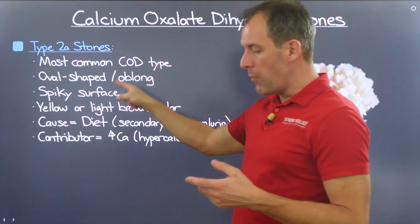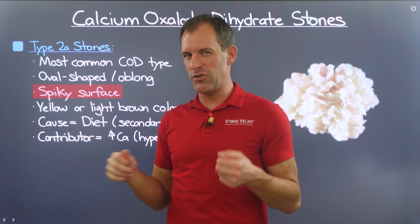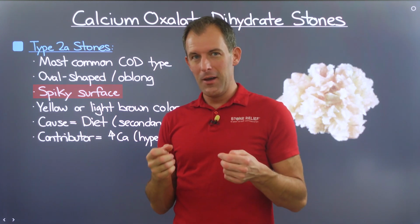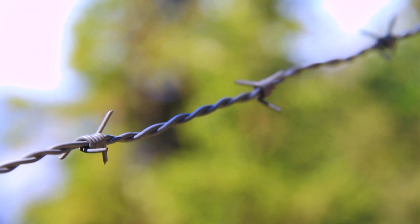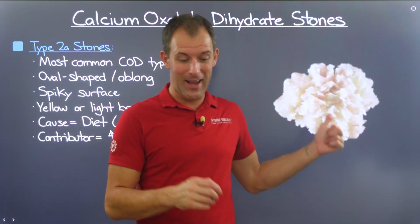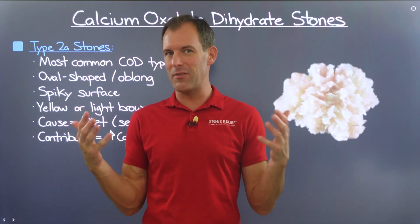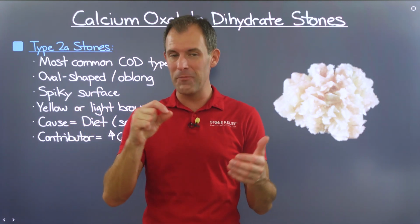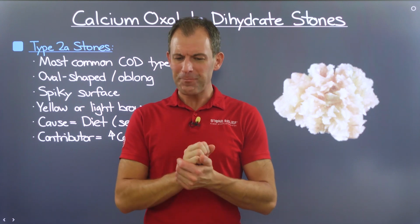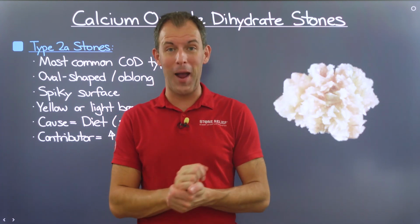Now, the most notable piece of this particular stone type is that they are spiky and sharp, almost a little bit like barbed wire. When I passed my first stone, it was a 9mm stone, and it was this kind of guy. It was 9mm in length and probably 5 to 7mm in width, or diameter rather. My first impression was that it looks like a barbed wire trap, and that is exactly